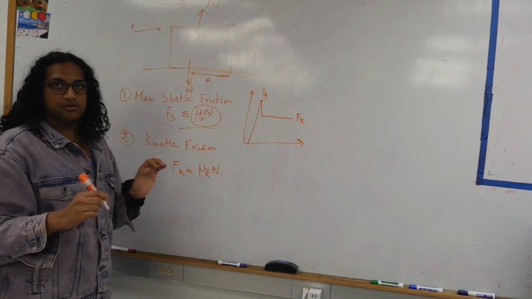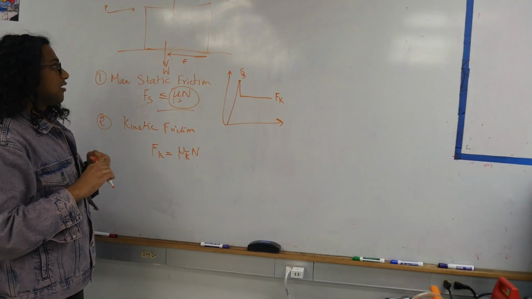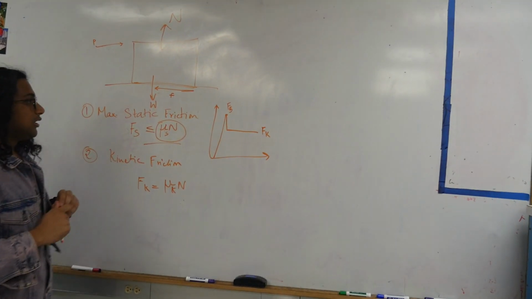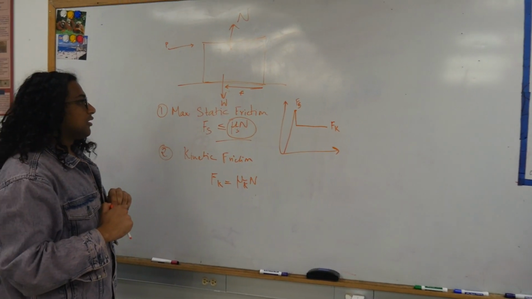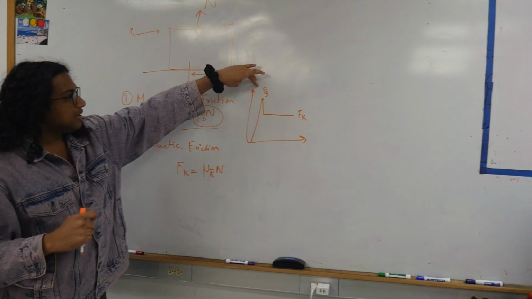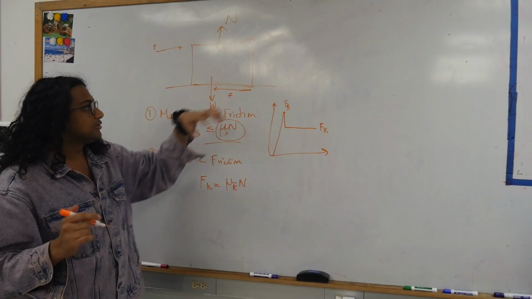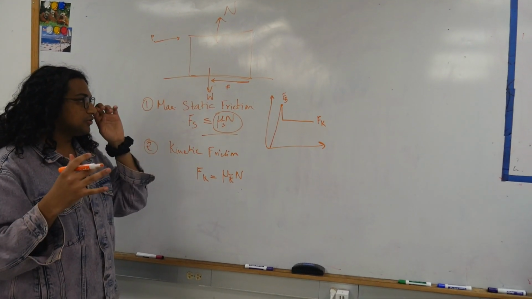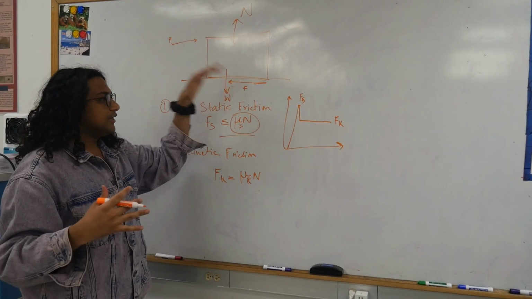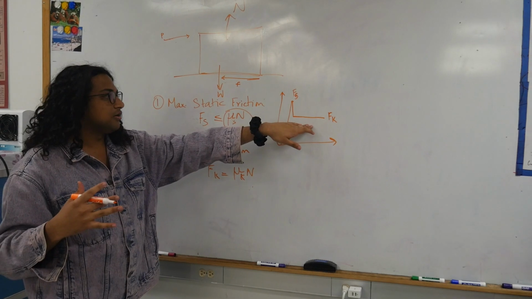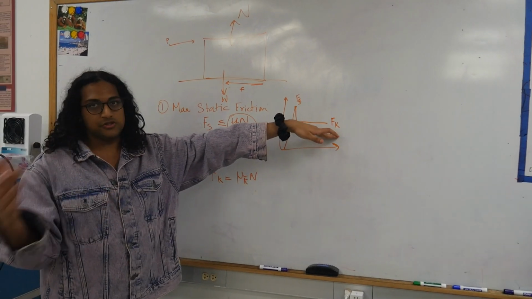How come the static is higher than the kinetic? Why does it go up, spike, then drop down and stabilize? This happens when motion is impending, so there is more resistance to that impending motion than when the block is already set into motion, and then the friction coefficient changes because